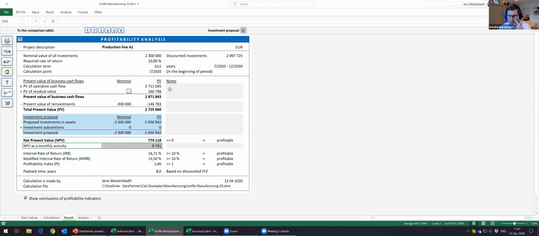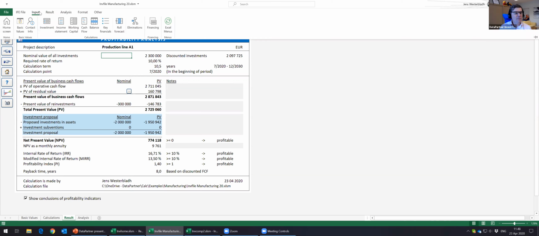Okay. Then let's look at some sensitivity analysis for this case. Let's start with break-even analysis, which is maybe my favorite one. So let's say I go to the income statement, and